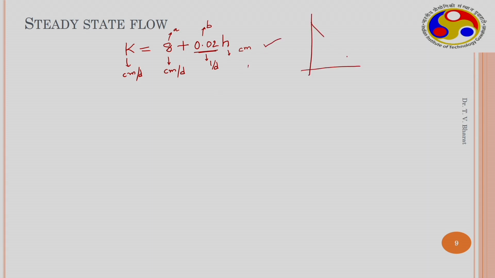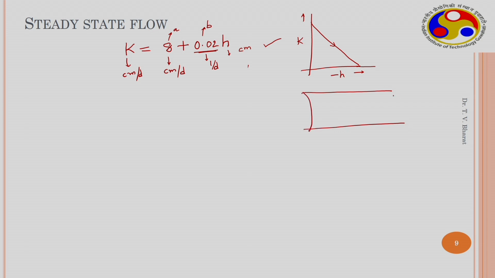So if you have this particular equation known for hydraulic conductivity which is varying in this particular manner, as either minus h is increasing in this manner or h is decreasing in this manner, then hydraulic conductivity drops like this. This is the constitutive relationship, or this is the relationship between k and h. If so, then you can determine, for example, again this is the constitutive relationship, or this is the hydraulic conductivity variation that is given.